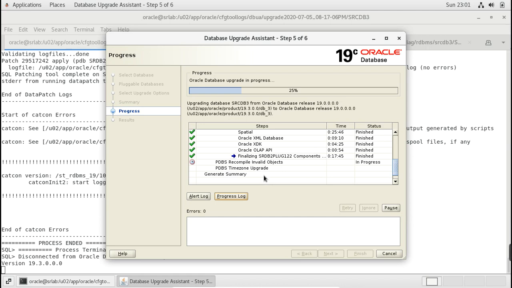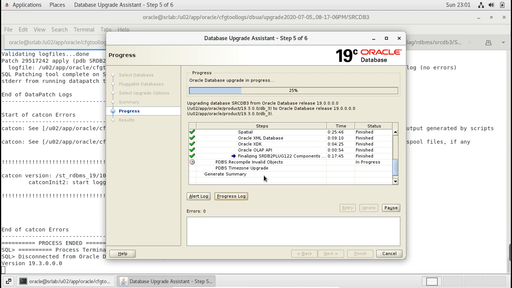Prior to non-CDB to PDB upgrade, we need to check in the non-CDB database, the pre-checks. We need to check the time zone file. I did not show you guys in this video, but we need to check the pre-checks and all. We need to check what components are there, how many invalid objects are there in the database, and what the time zone file version is. We also need to purge the DBA recycle bin, and run gather stats manually.